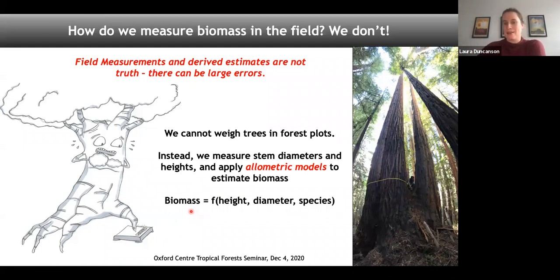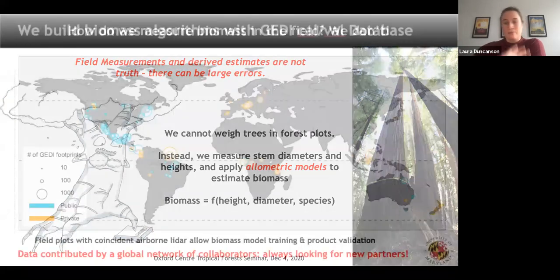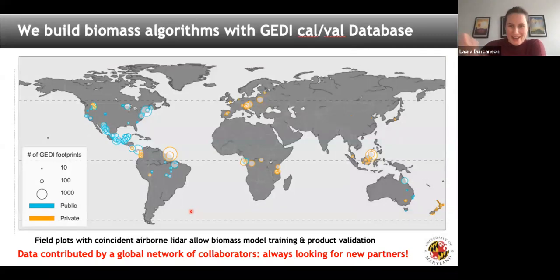So I'll get back to this near the end of the talk, but all of our GEDI biomass models are fitting models to field estimates, and we know those field estimates have large uncertainties, particularly in high biomass systems. All right, but we're not fixing that problem with GEDI. We're just accepting that that's what it is. We have allometric estimates of biomass in the field, and we relate those empirically to simulated GEDI waveforms. And then we apply those models to real GEDI waveforms. So this is our database.